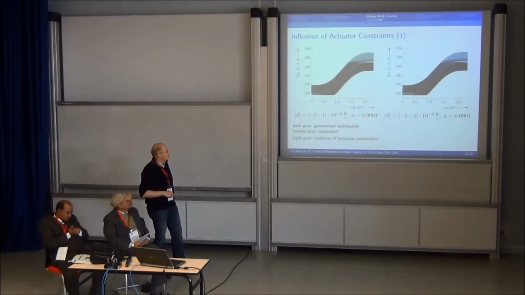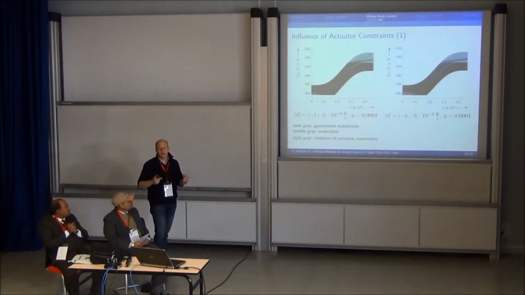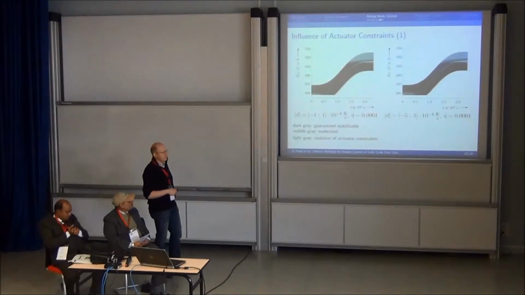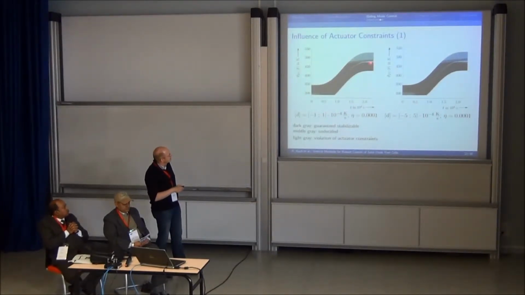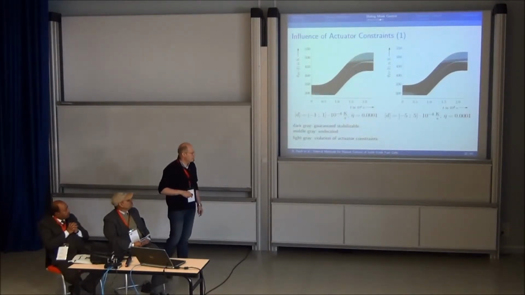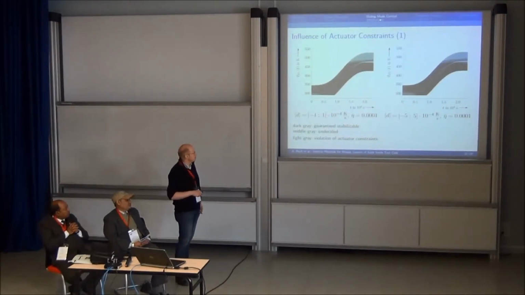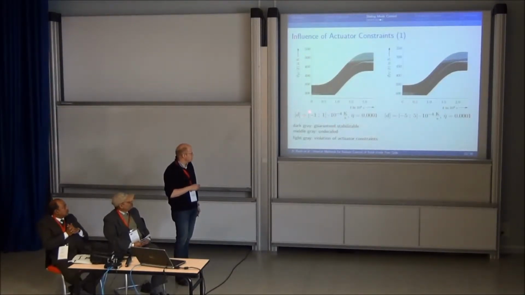Now, in order to have a look at what can be really controlled and what not, we can perform an offline analysis of the influence of actuator constraints. The white line that you can see is the desired trajectory from the previous slides. And there's also a bisectioning strategy, we can determine control error intervals around this white line, which we can distinguish for different sizes of the uncertainty and for different